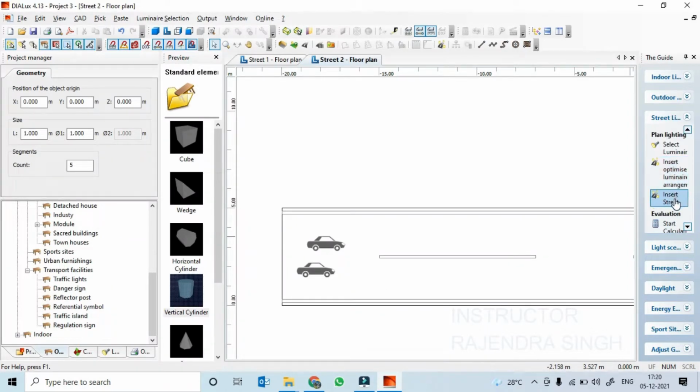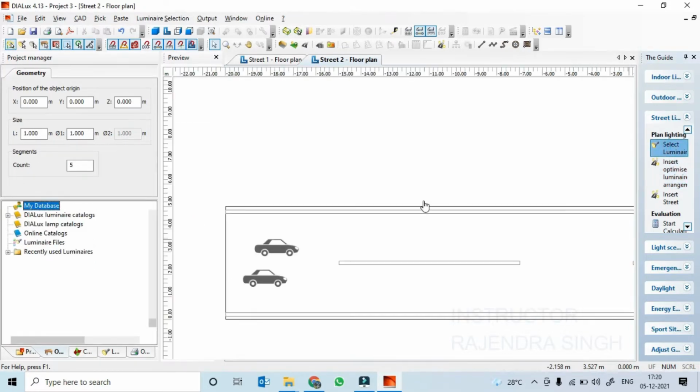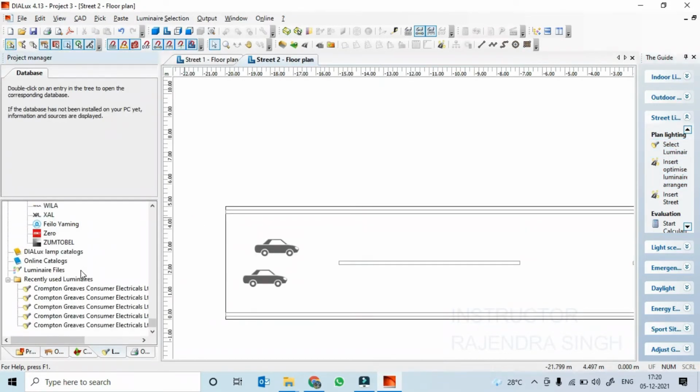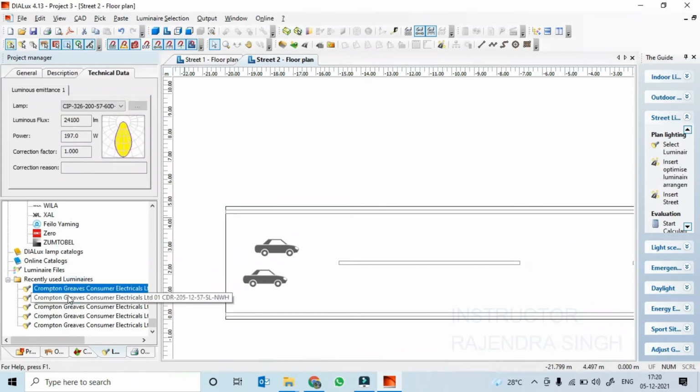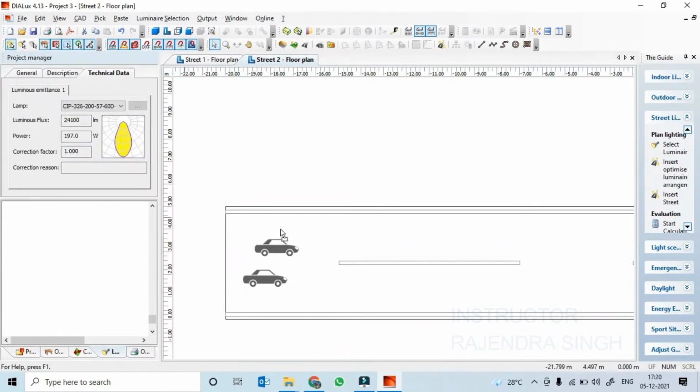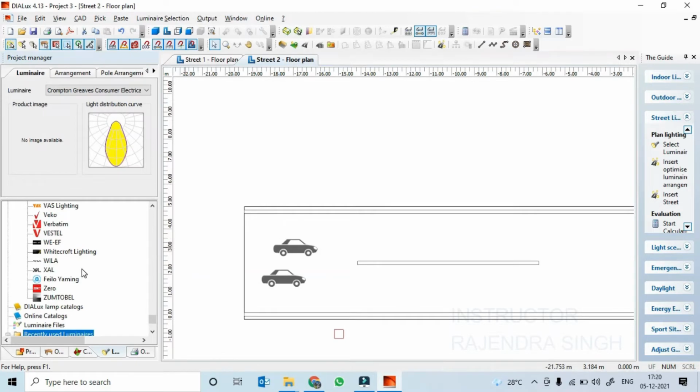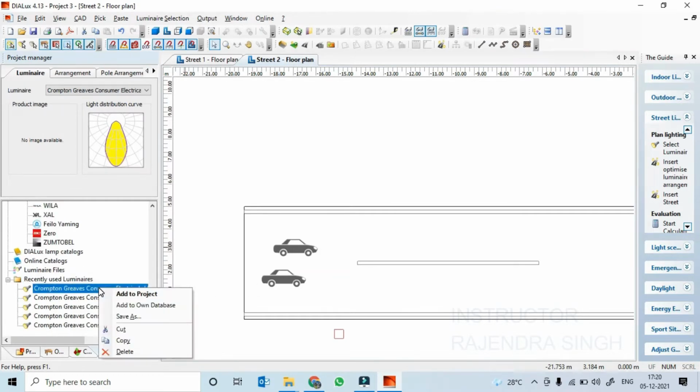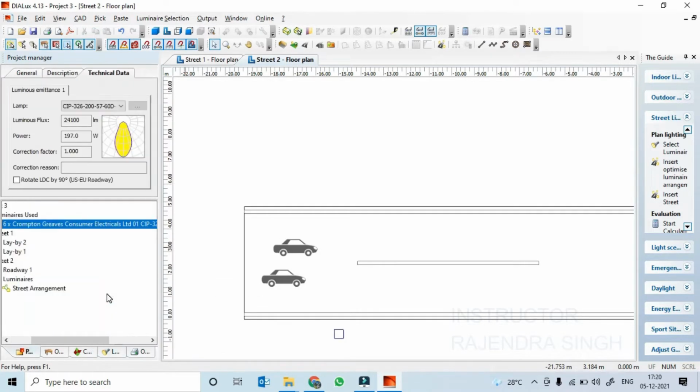Select luminaire. So the one which we have selected recently, we can use this one and just put it here. Add to project.